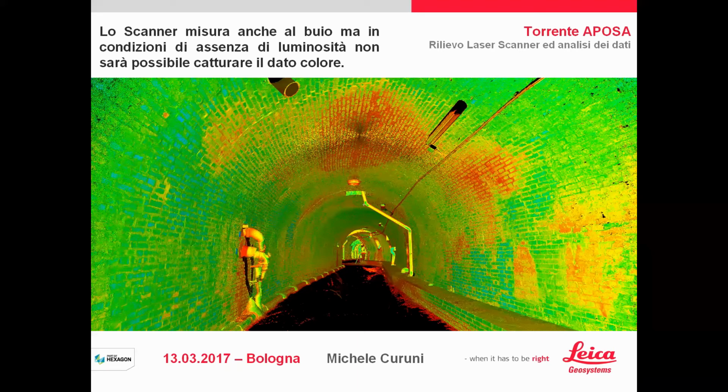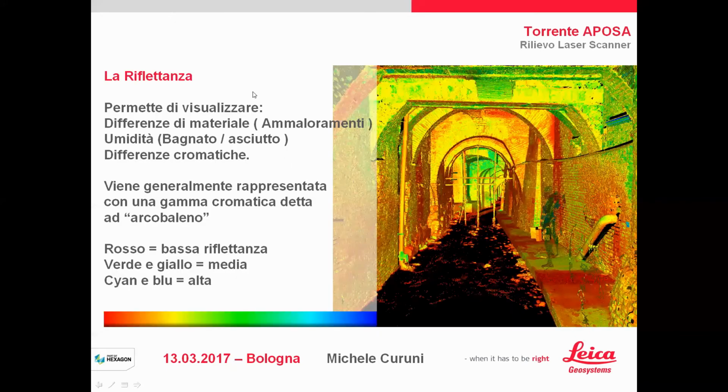As you remember, the same brick stone here is exactly the same, but the color changes. Let's see that in this area the yellow-red area is probably wet, and the cyan, yellow-green area is probably dry, because dry has better reflection, and red is low reflectivity. If you remember, this is the gradient of color from the lowest value, red, until blue, which is the